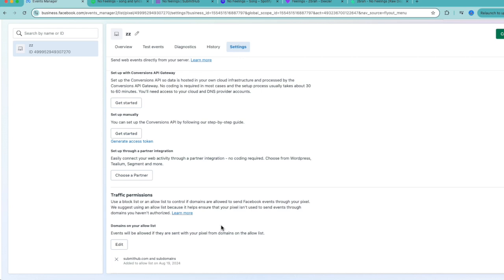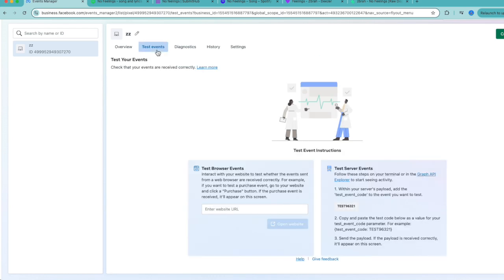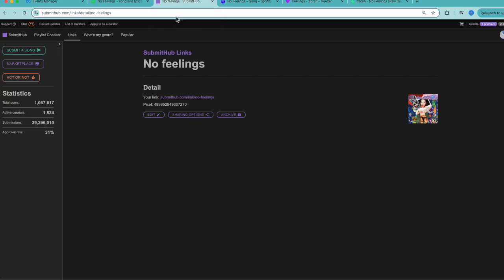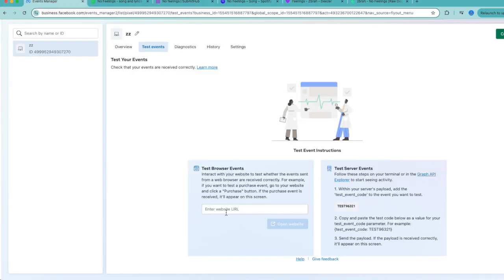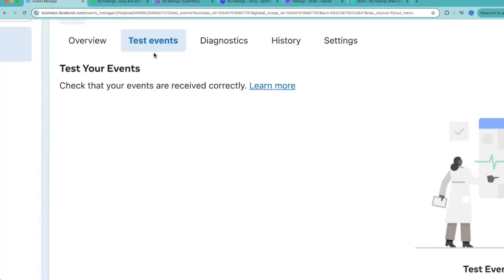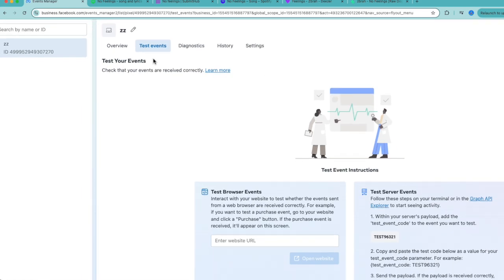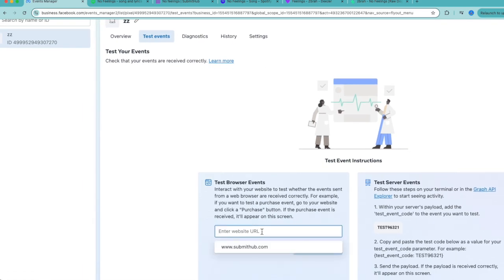And once that is all set, we're going to test it. Since we've never run an ad before, we're going to test it and make sure the landing page is integrated with our pixel, and Facebook will let us know. So we go back to our landing page. I'm going to copy this, go back in Events Manager, and now we're in Test Events. As you saw, it's the same page on Data Sources, and we're just going to paste this into the test browser events. I'm going to open up website,